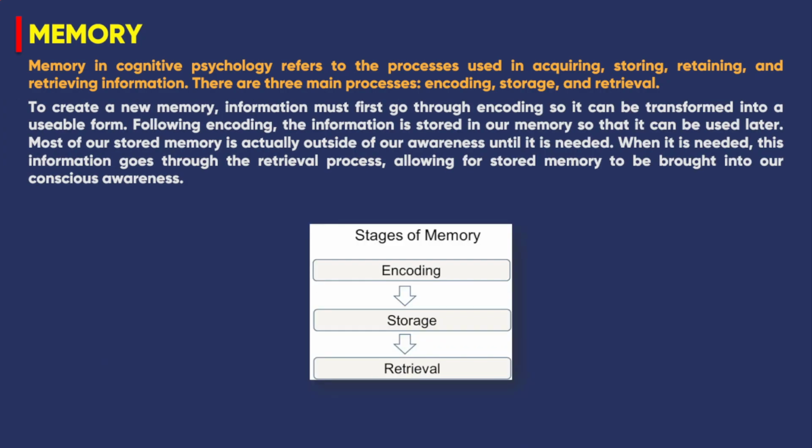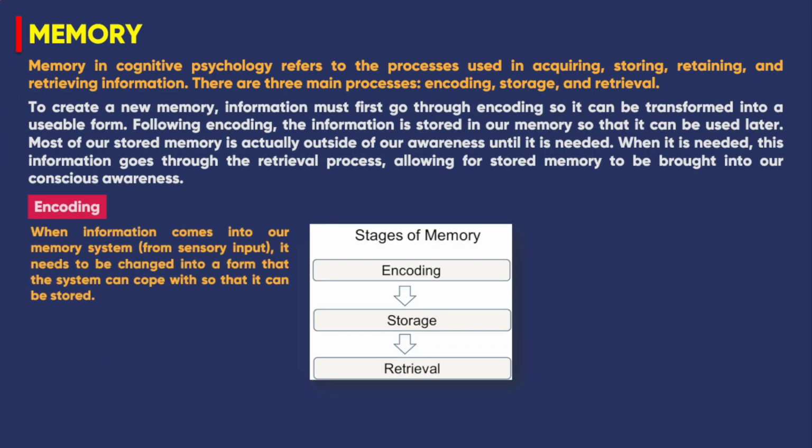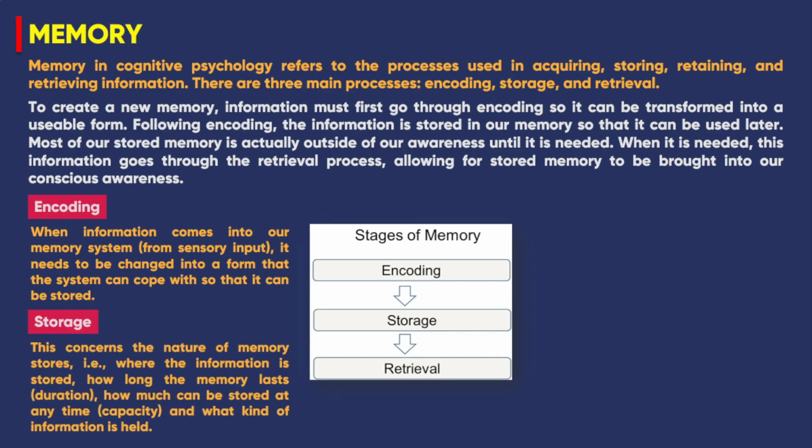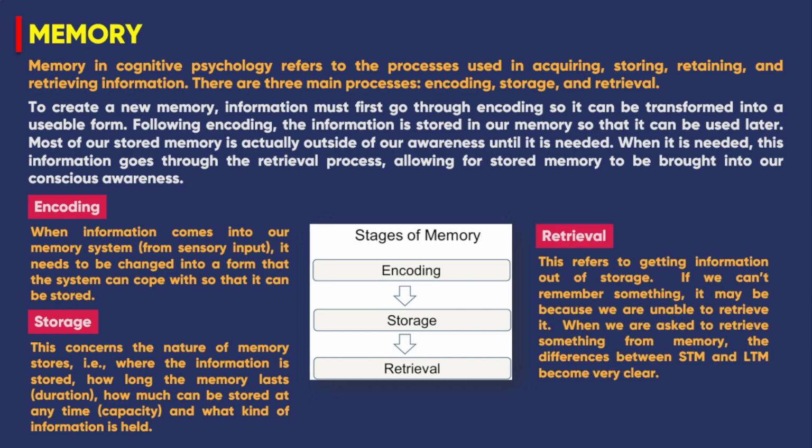To create a new memory, information must first go through encoding so it can be transformed into usable form. Following encoding, the information is stored in our memory so that it can be used later. Most of our stored memory is actually outside of our awareness until it is needed. When it is needed, this information goes through the retrieval process, allowing for stored memory to be brought into our